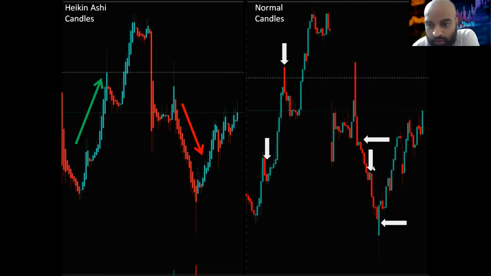Similarly, if you look at this downtrend, we have one, two, three green candles, which gives a lot of confusion. Here also, if you look at the uptrend, there are complete green candles here, and a couple of red candles, which generally confuse the trader whether to stay in the market or whether there is a reversal in the market. So these kinds of questions arise in the normal candles, whereas in Heikin-Ashi candles the trend follows in a similar color. The candles will not change color for minor corrections. So this is one major advantage of Heikin-Ashi candles.